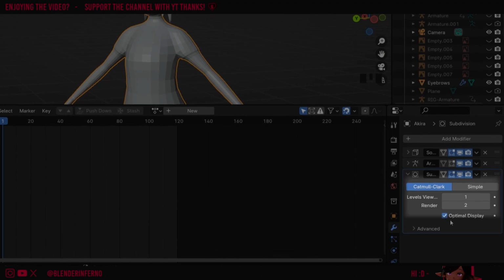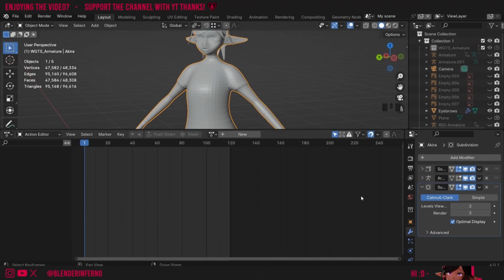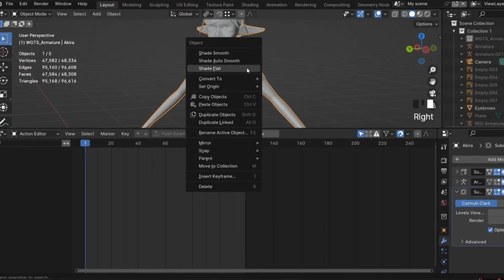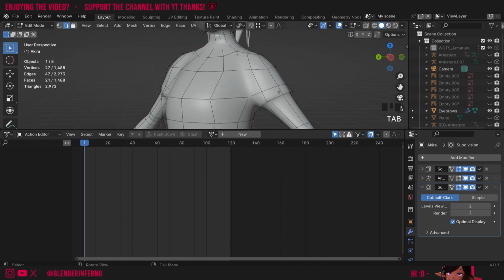I'll keep it at Catmull-clark and increase these values to increase the smoothness. Careful to adjust slowly so you don't add too much, as this will significantly increase render times or crash Blender. Also remember to right click and shade smooth when you're done. You'll notice how it smoothed my object out a little bit too much around the sleeves. I will go into greater detail on how this is done later, but for now, I'll quickly show you how